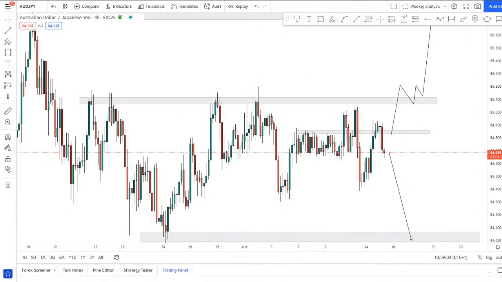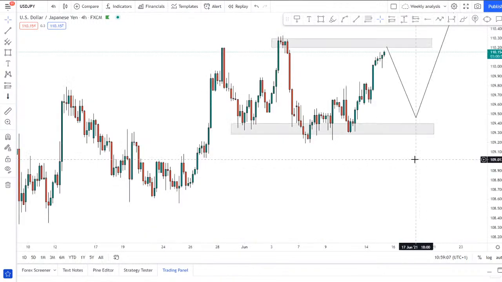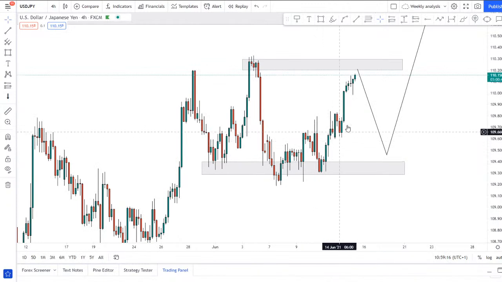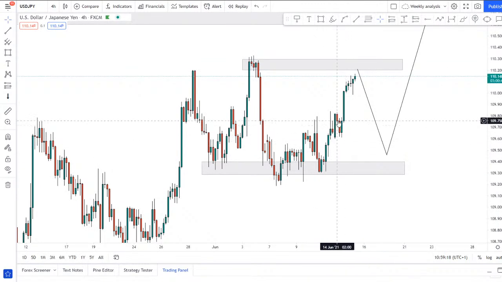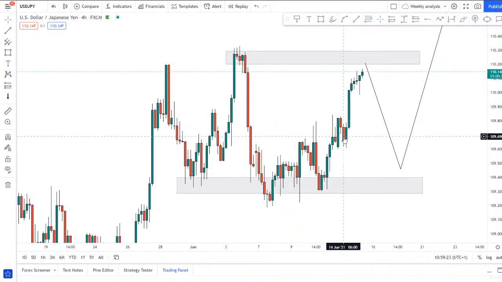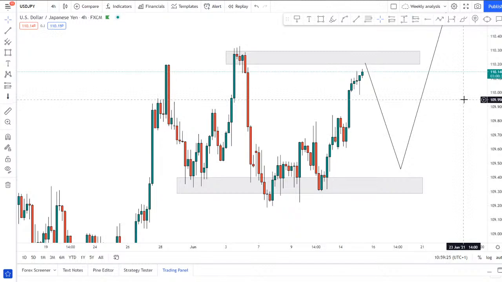USD-JPY. Okay, so USD-JPY, this one is still bullish. Like I said in my weekly analysis, more upside for this pair. They wanted to see a bit more retrace, however, we did not get that. Price consolidated for a little bit and then had a big impulsive move to the upside. We're coming to a very strong area of supply, stroke resistance. You can see here, a big change of momentum